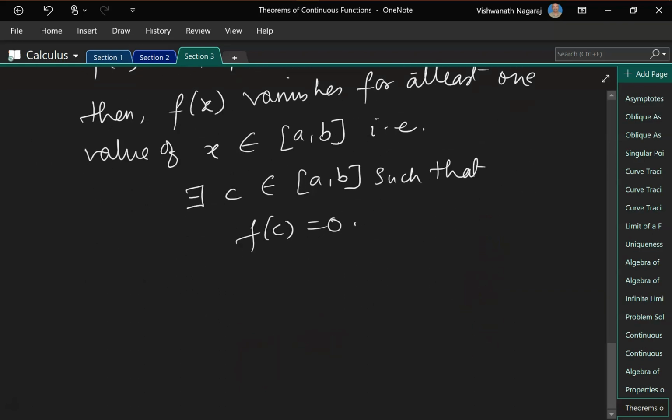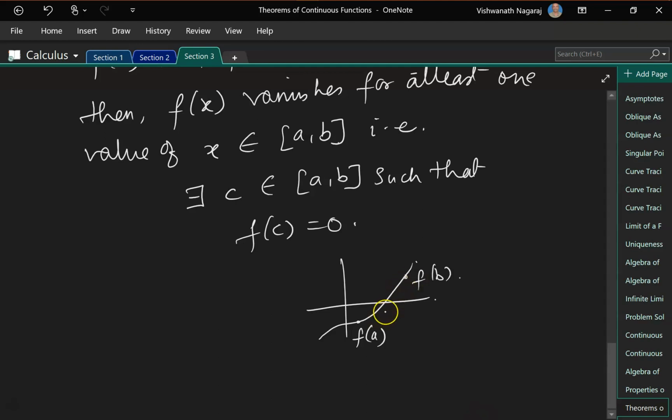And it looks all complicated, huh? But once you look at it from a graph point of view, it's very simple. It goes something like this. It doesn't matter how the curve goes, whether it is like this, whether it is like this. Now let's take any one curve. Let's say the curve goes like this. Now if you have 2 points, let's say this is f(a) and this is another point f(b). If they are of opposite signs,